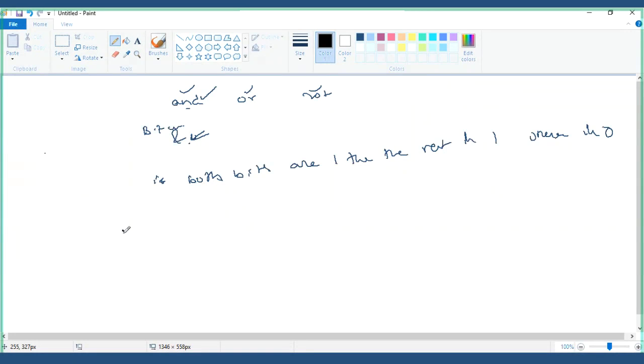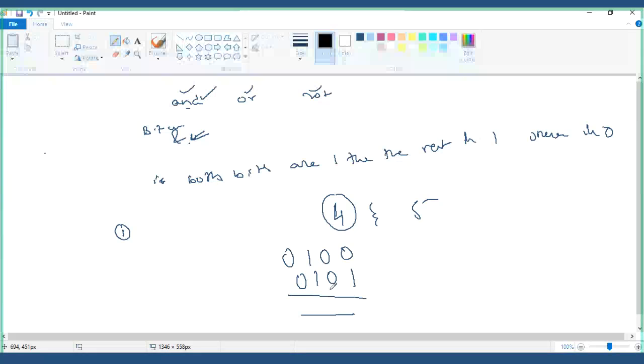Things to be remembered. Here, see, what it will be doing is you have 4 and 5. Now 4 is like this: 0, 1, 0, 0. 5 is 0, 1, 0, 1. Now what it is doing is the AND operation.